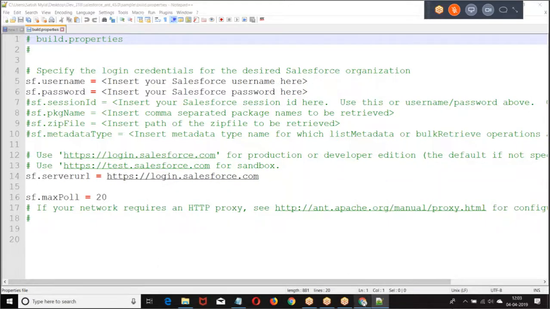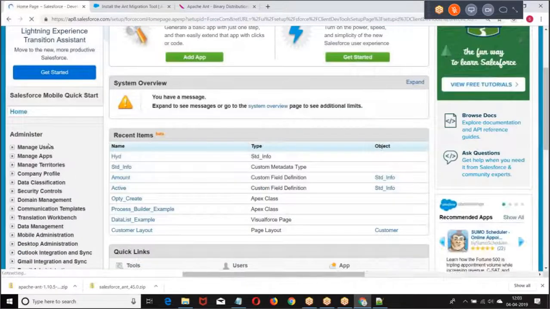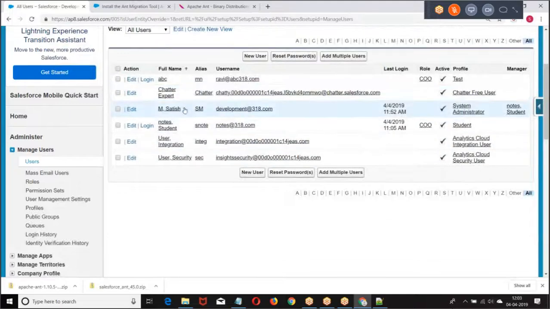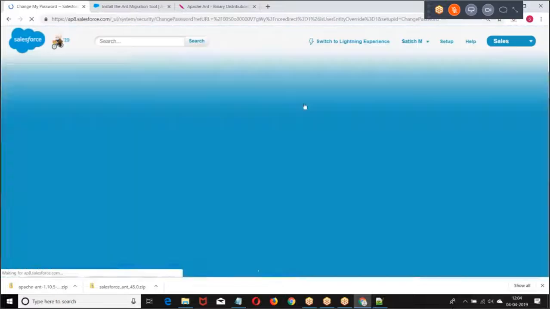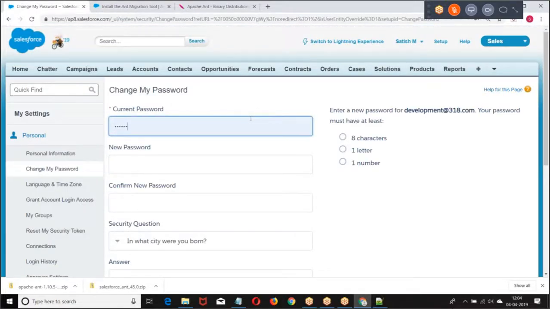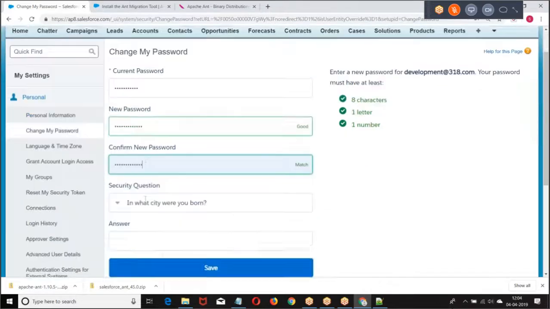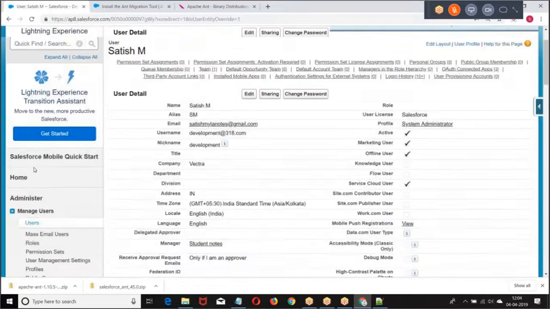So what I will do, I will change the password first. Let me change my personal password. Then go to profile.